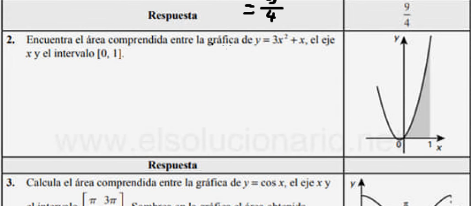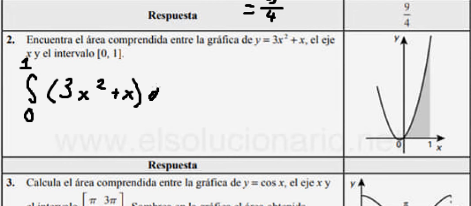Question number 2. We have the curve in here, and they want us to find the area from 0 to 1. So we have the integral from 0 to 1 of 3s squared plus s ds. Because this is positive, we just put the positive side in here. And we get